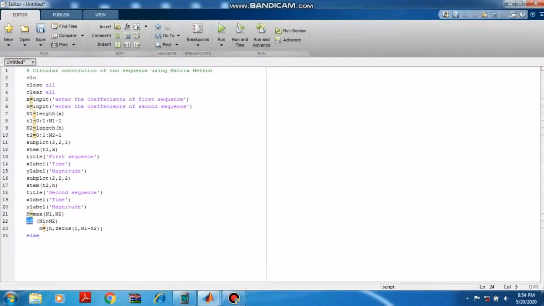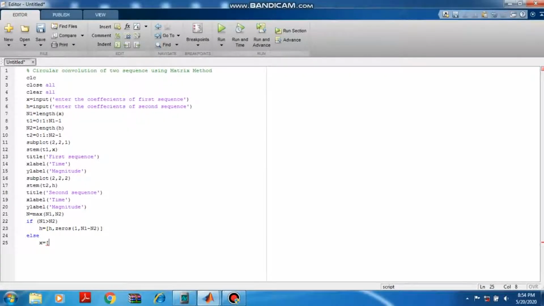Else, if n2 is greater than n1, then it will modify the matrix X. Matrix X is 1 2 3 1.